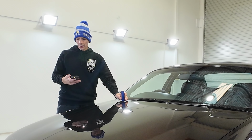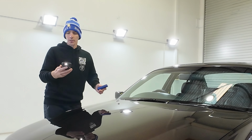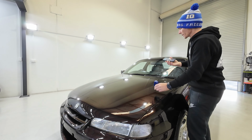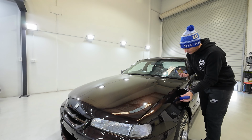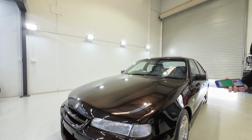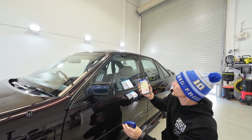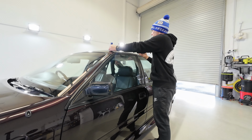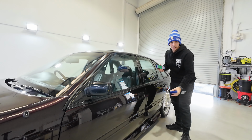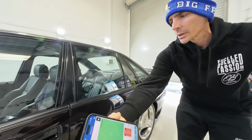This is reading, you can see that 368. Yeah, it's 314. But when you go to this side, we're at 181. I would say that's probably the average for a factory paint. It's the same on here. Similar there, but then if you check out, this is where we start asking questions, because when we get to here,